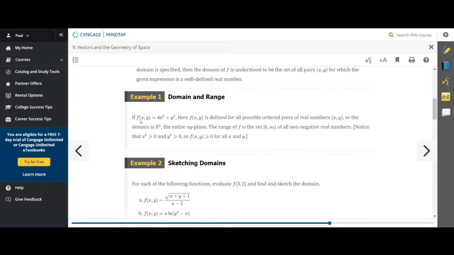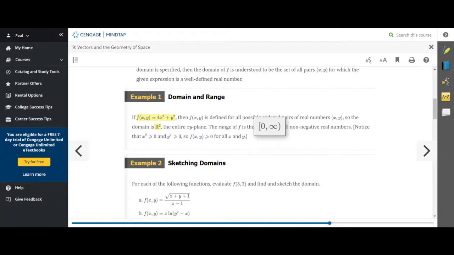So here, let's say you have a function of x and y that equals 4x squared plus y squared. Okay, well, the function is defined for all possible ordered pairs of real numbers. So the domain is denoted as R2, which is the entire xy plane. Okay, so it's all real x coordinates and all real y coordinates. That's R2. But the range of the function is just going to be this interval from 0 to, well, hold on,